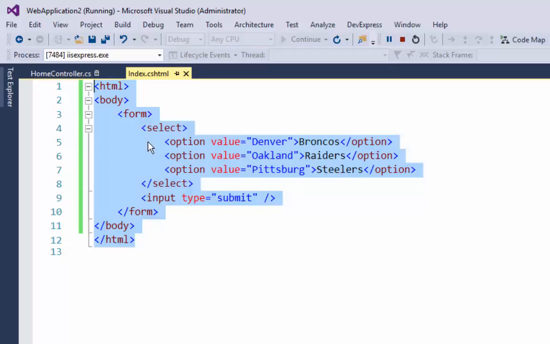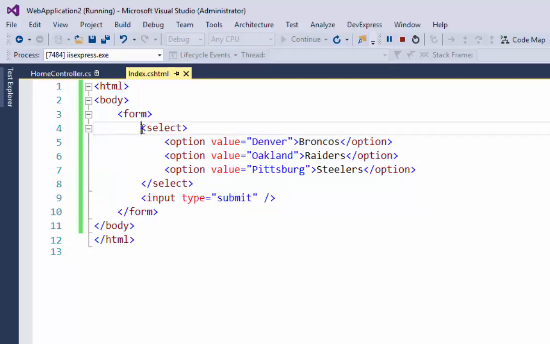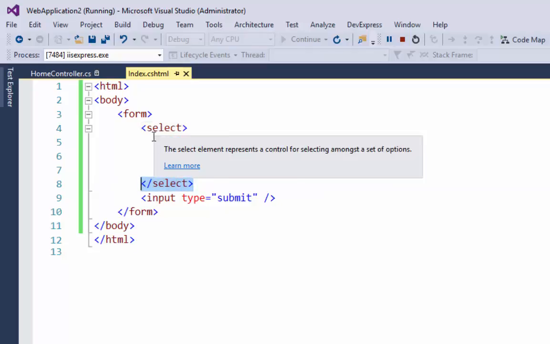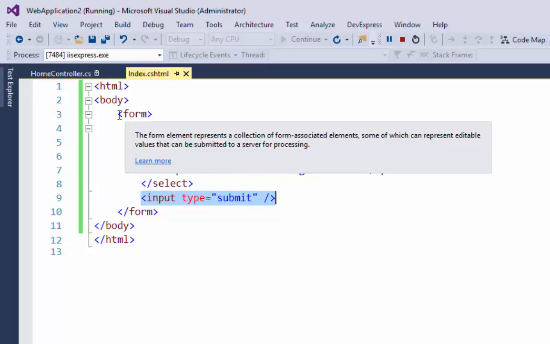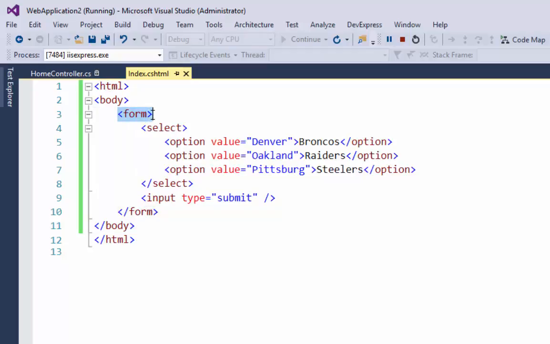What it does is it says I have a drop down, which is a select tag, and I have an end select tag. Inside of that drop down, I'll have 3 options. And when somebody clicks the submit button, it's going to submit this form, this HTML form, with the values of